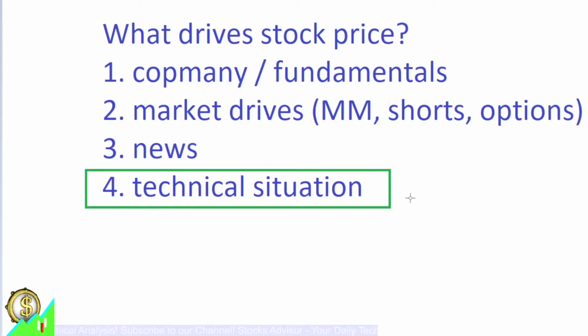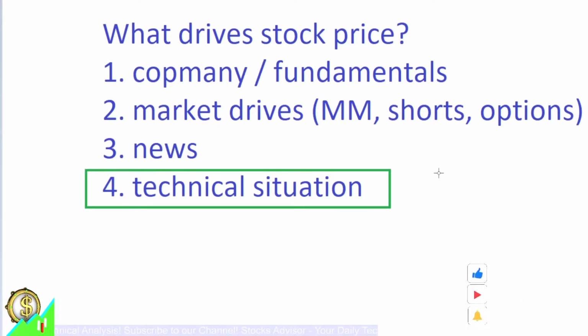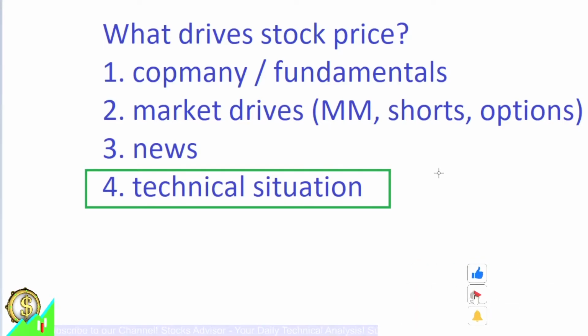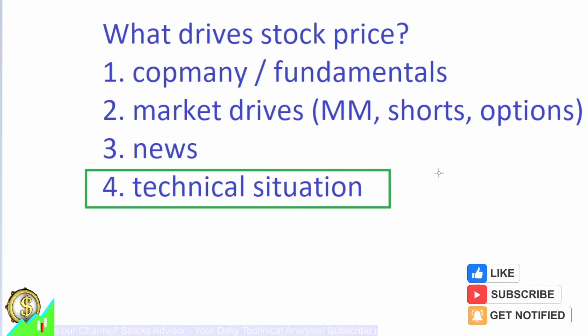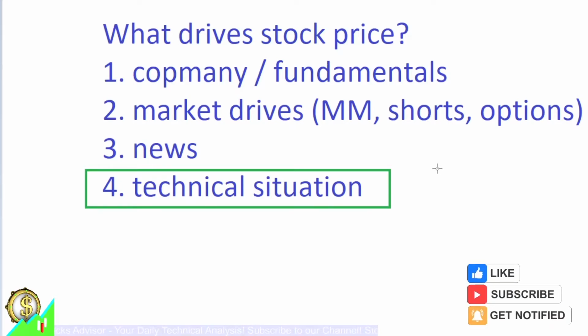This is very hard. It's actually one of the strongest kinds of knowledge that you can experience. If you can find a stock whose price is driven purely at the moment by technical situation, then you can apply all those technical instruments. If you are not in this position, or if you are entering a stock which is currently dominated by news or other market drivers or company fundamentals, you will be thinking, oh, it should go down or up due to the technical approach, but it's not. And the reason is that it's not dominated by technical situation. It's not the driver that is working now.